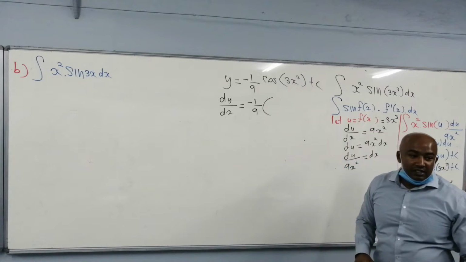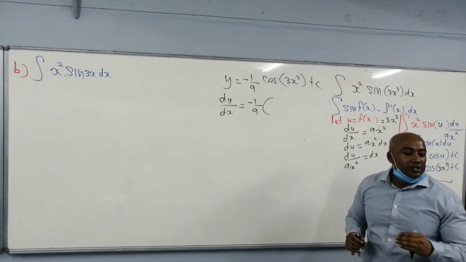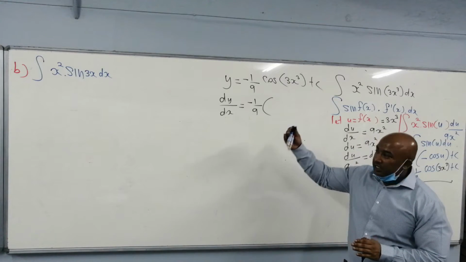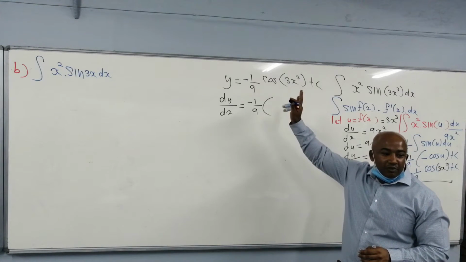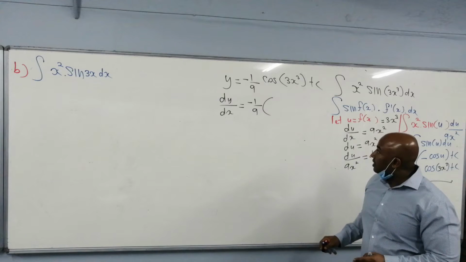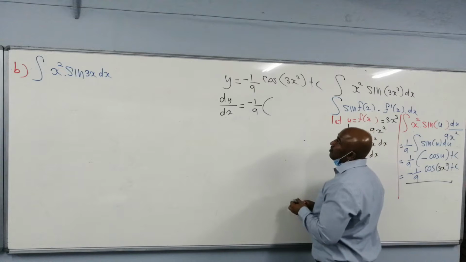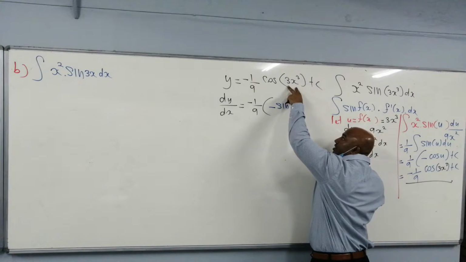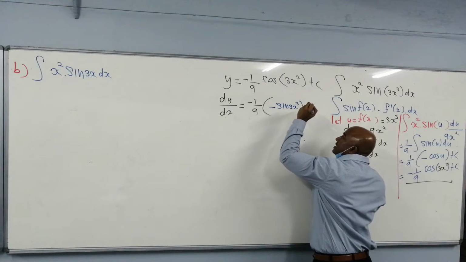Right, so it's best to know your table of derivatives off by heart, otherwise you're going to be too slow. If you're too slow, you're going to be looking for the formula sheet. You're busy looking for where is the derivative of cos, whereas other students have moved on to the next question. So what is the derivative of cos? The derivative of cos is minus sine of whatever you have here, your function of x, which is 3x cubed